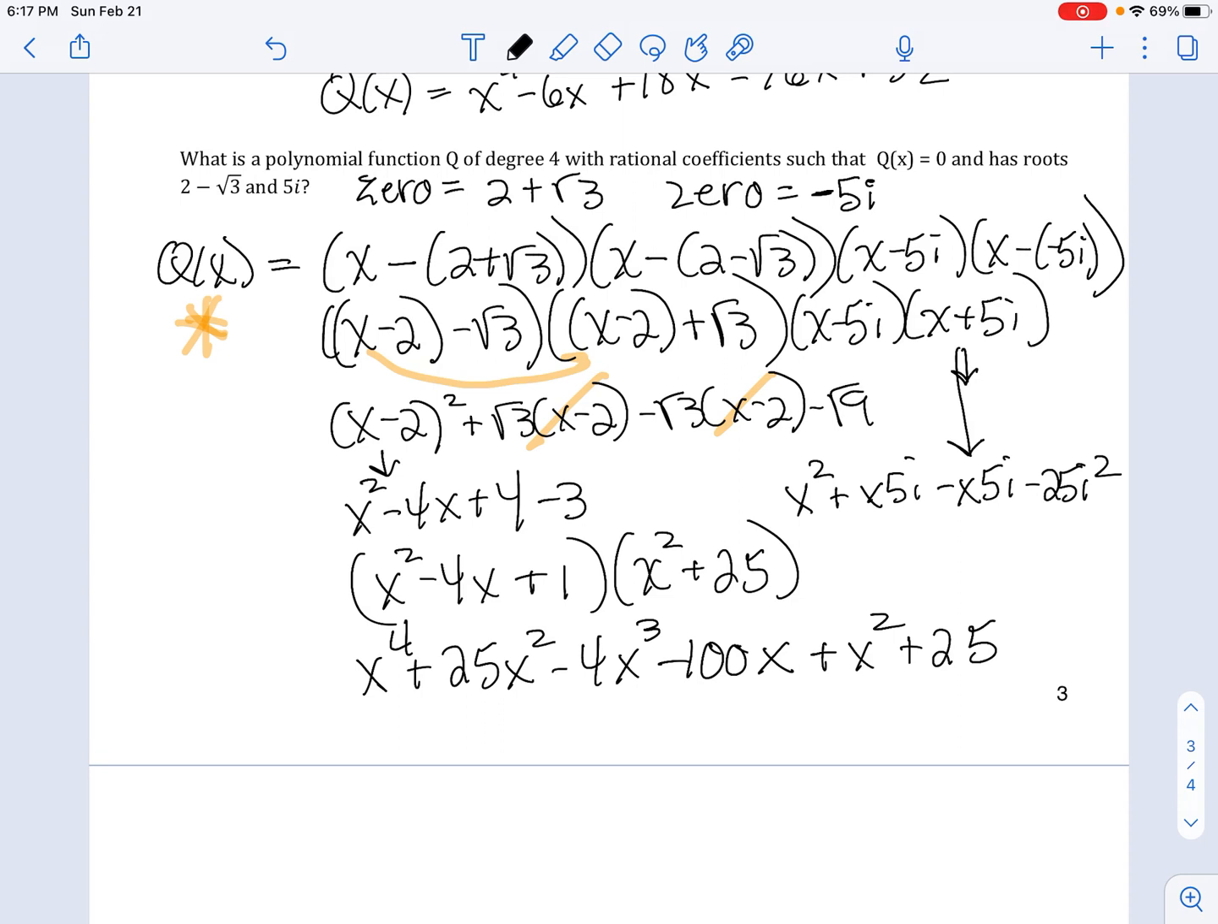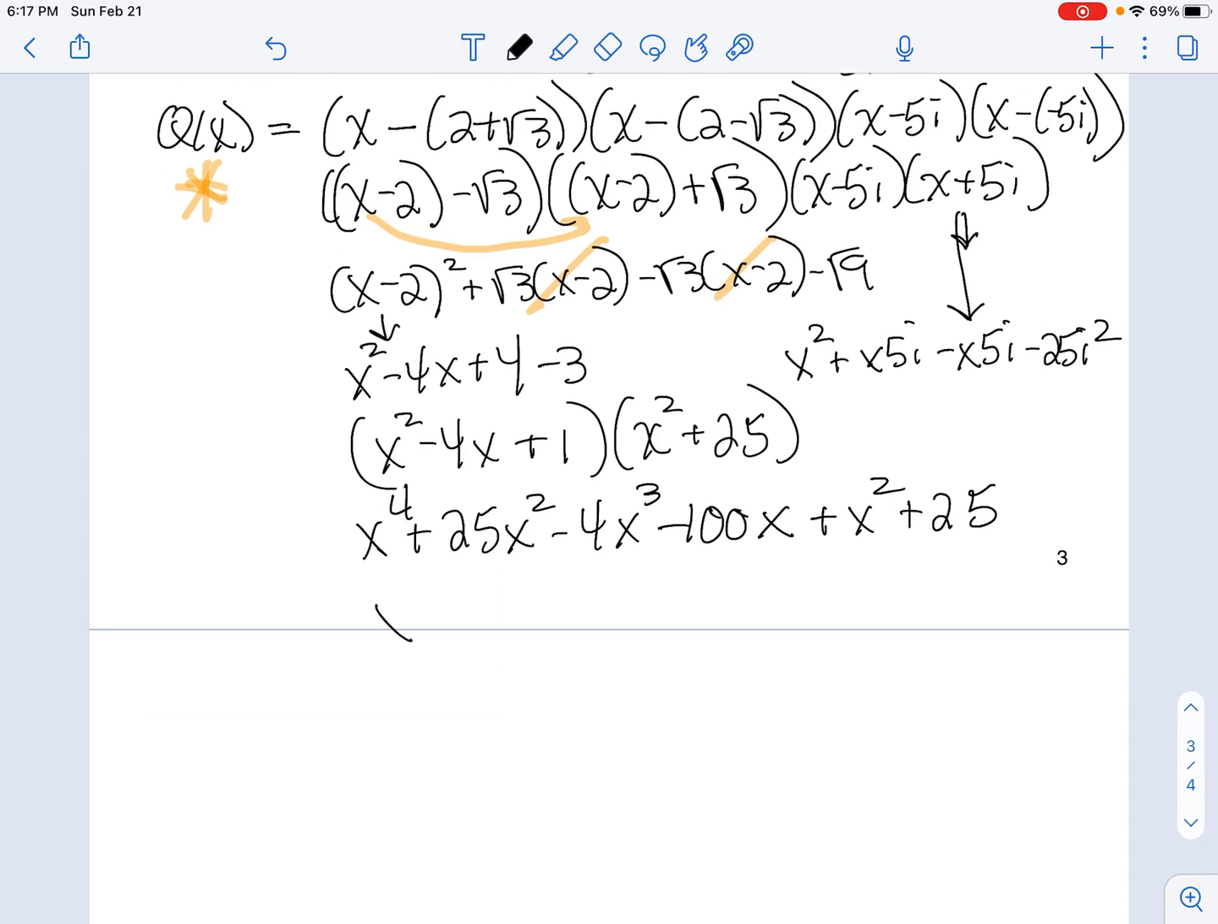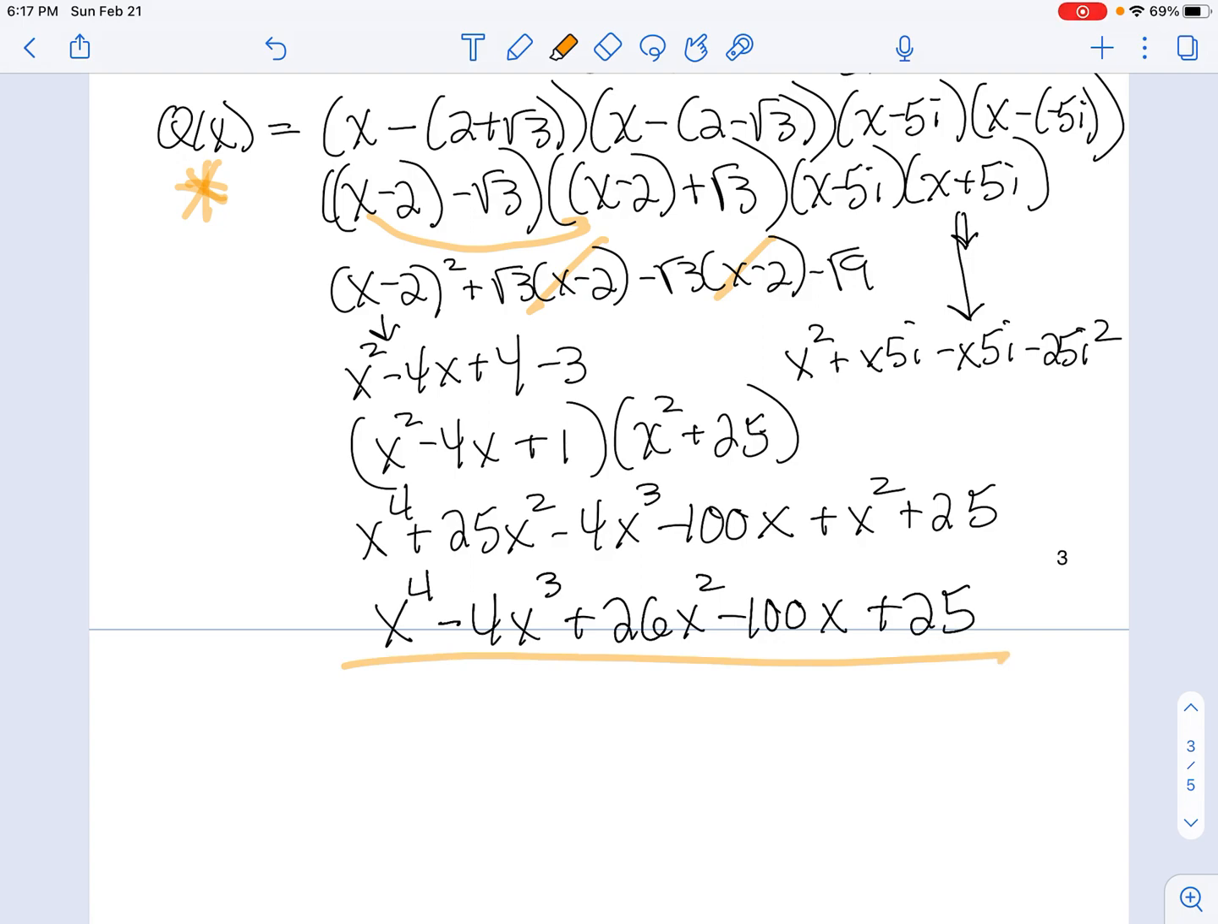So this is doing it where you don't make the box, you just distribute and collect like terms. Now when I don't do the box, I always check my work. x to the 4th, 25x squared, minus 4x cubed, minus 100x, plus x squared plus 25. x to the 4th minus 4x cubed plus 26x squared minus 100x plus 25. And that is it. And hopefully you got